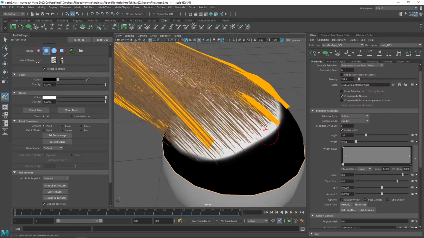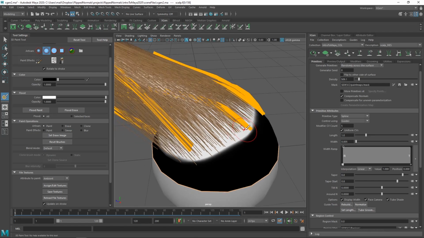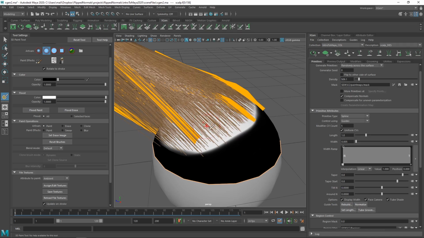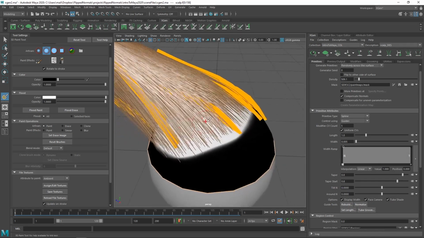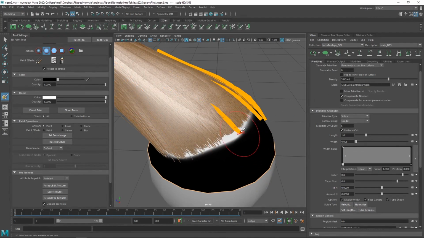And the advantage of having a gradient here is that this is really how hair will look if you want to make this nice and organic. The very edges of the hair are a lot softer than where they're actually spawning from in the center. So it's a really good idea to have a nice gradient here. You can also set density a lot higher so you can see what's going on. So if we now were to paint a nice gradient,